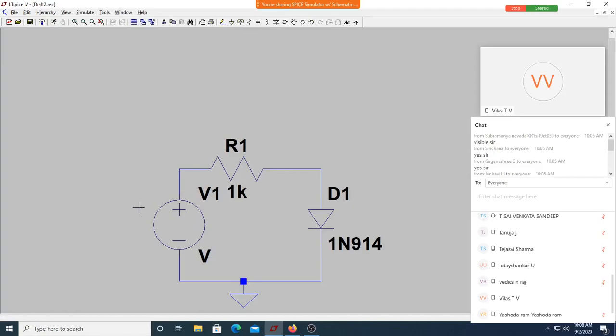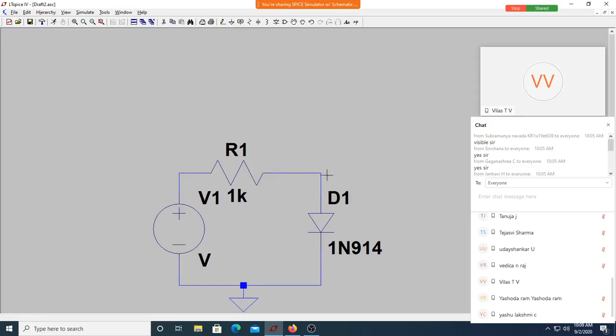That is done. So we are using a diode, and we know that when you draw the IV characteristics of a diode, what will usually be on the x-axis? I'm talking to Vilas. Sir, voltage. On the y-axis, current I. Perfect. If you are looking for IV characteristics, the x-axis should be voltage and the y-axis should be current. What is the voltage you're plotting on the x-axis? Is it the supply voltage or the voltage across the diode? Sir, voltage across the diode. Perfect. It is the diode voltage.